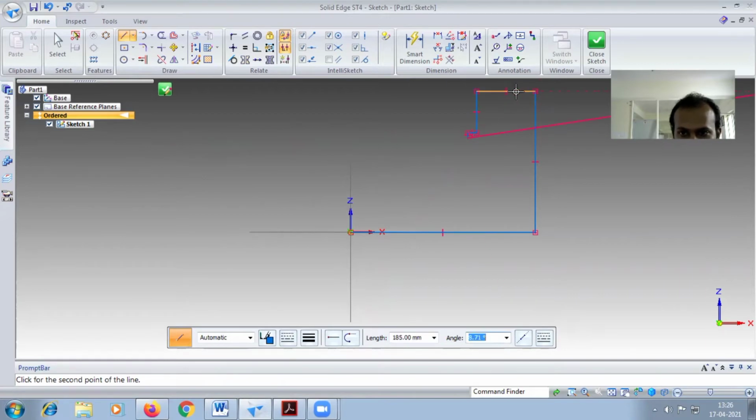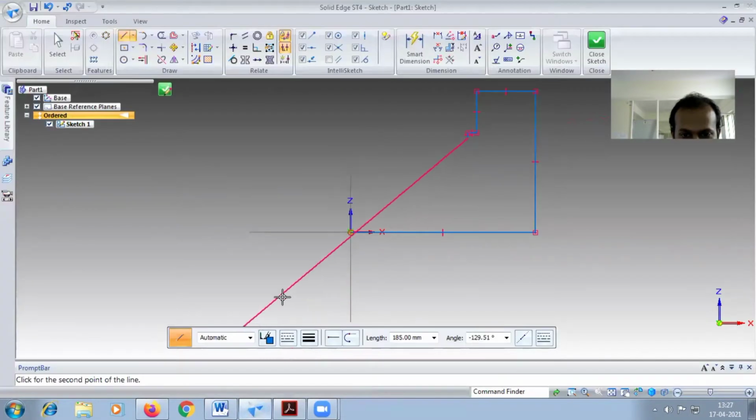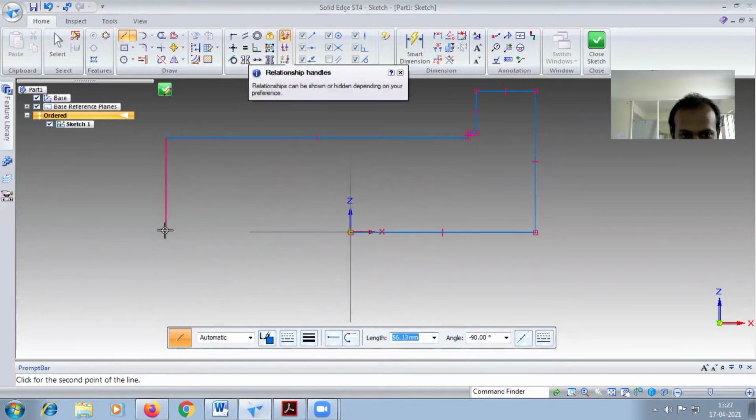Okay, so be very careful with that dimension. If it is given 185, that is wrong. So 180 is the correct answer. Look at this one, the front view 40. From the end point 40, you should not count the 5. Should not count the 5. Okay, only 40 you have to give, 220 minus 40. So don't give the 45. Okay, so that is 180 will come, and downwards.